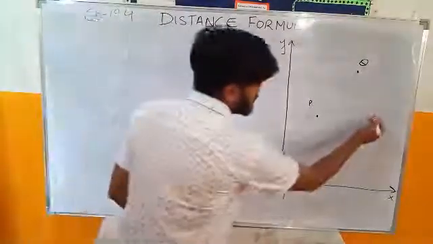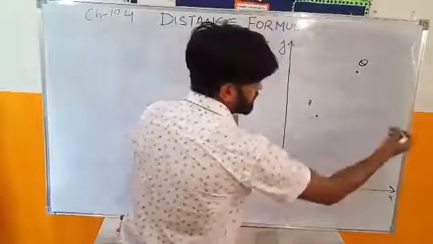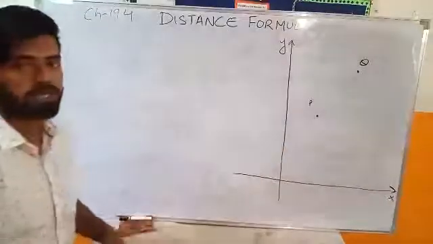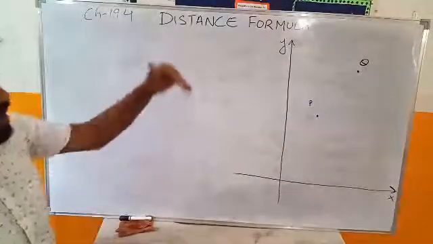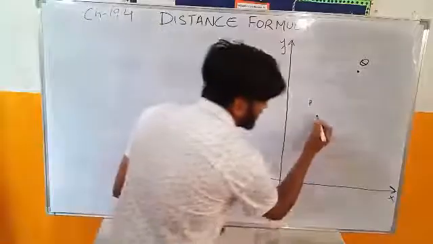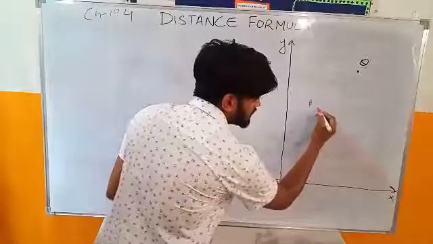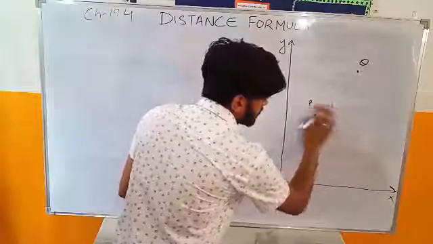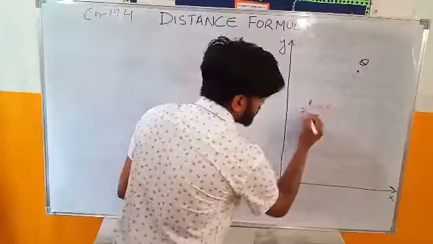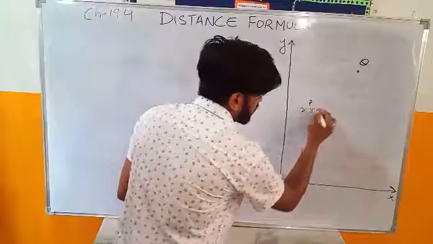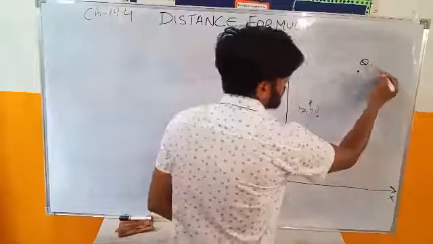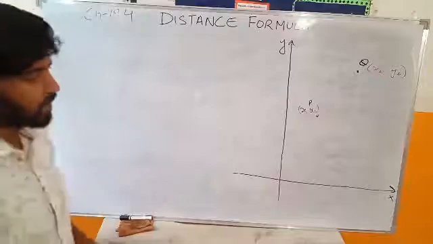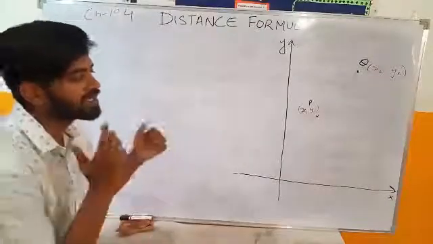Why am I not making a straight line? Obviously, if it is a straight line, we can measure it easily. But for this slant line, how do we measure the distance from P to Q? So let's imagine that the coordinates, the ordered pair for this, is x1 comma y1, and for this it is x2 comma y2. Is that clear? What does this tell us?